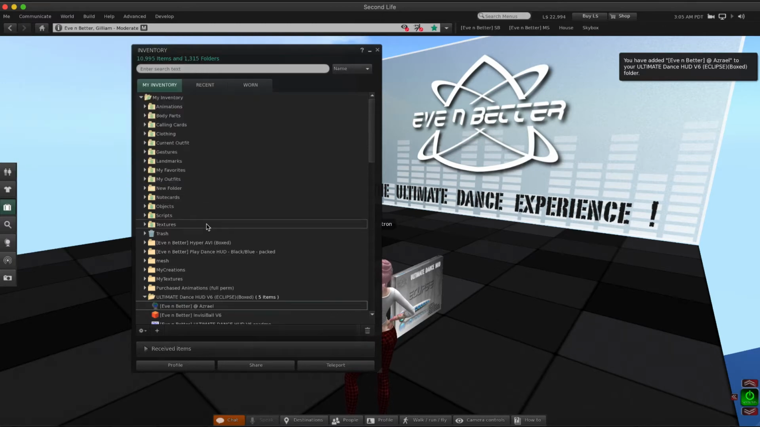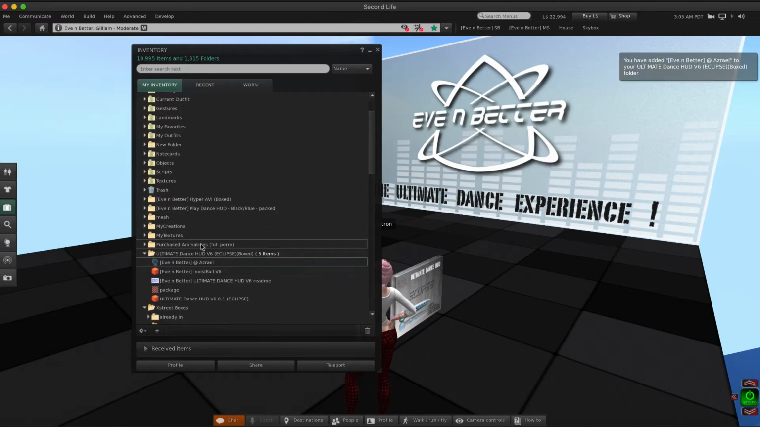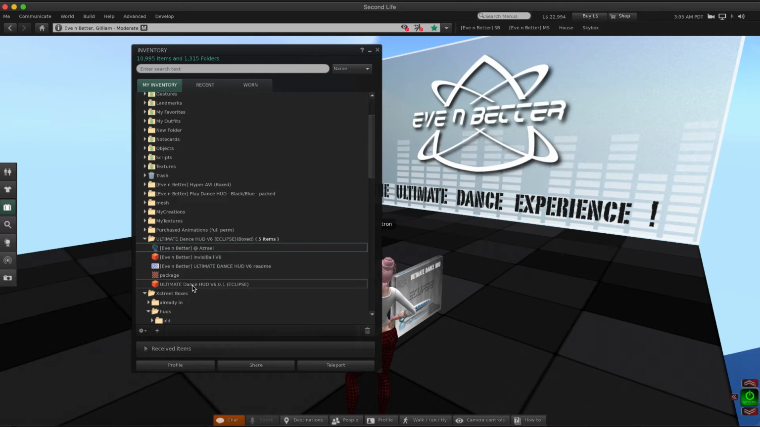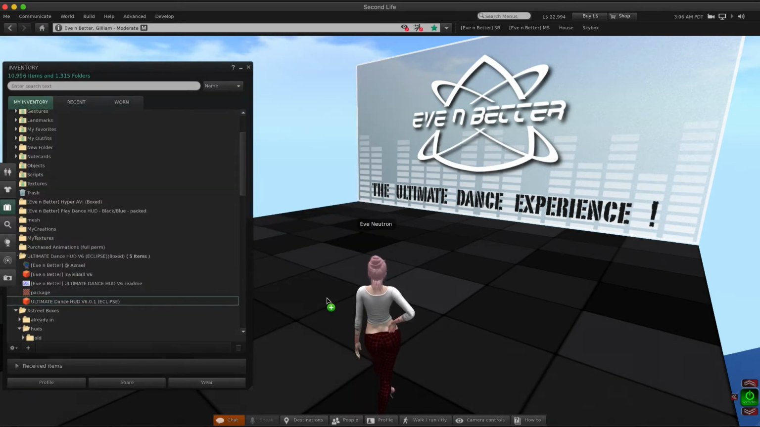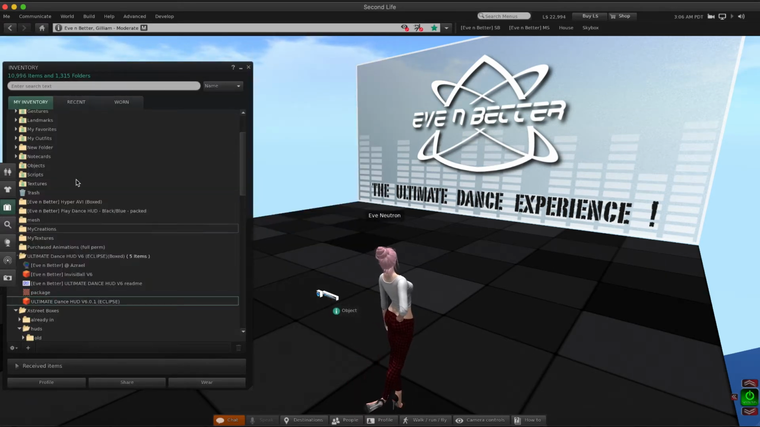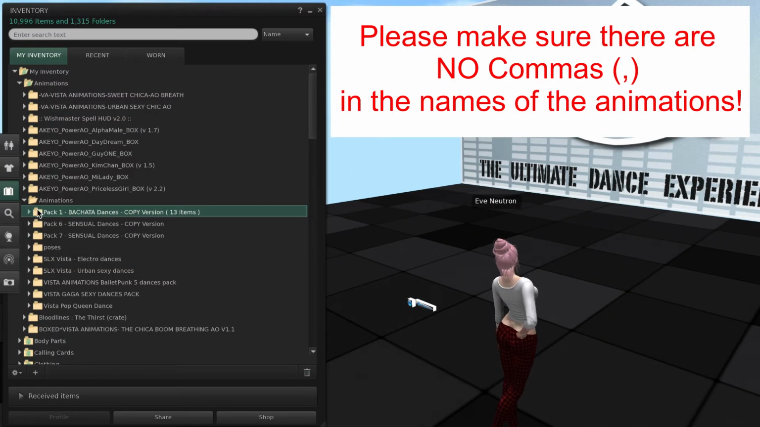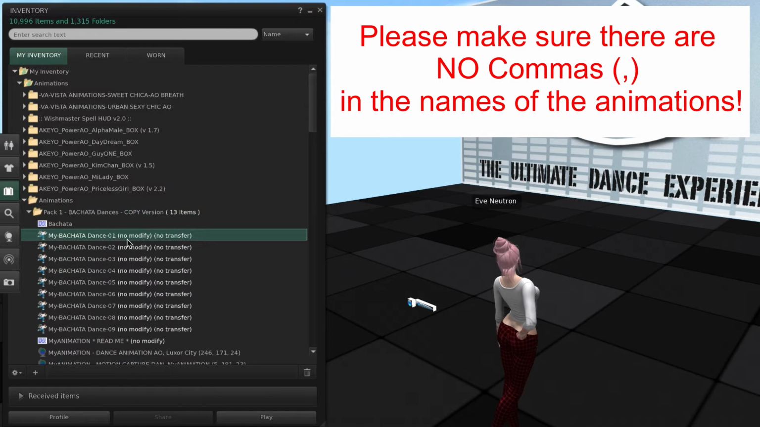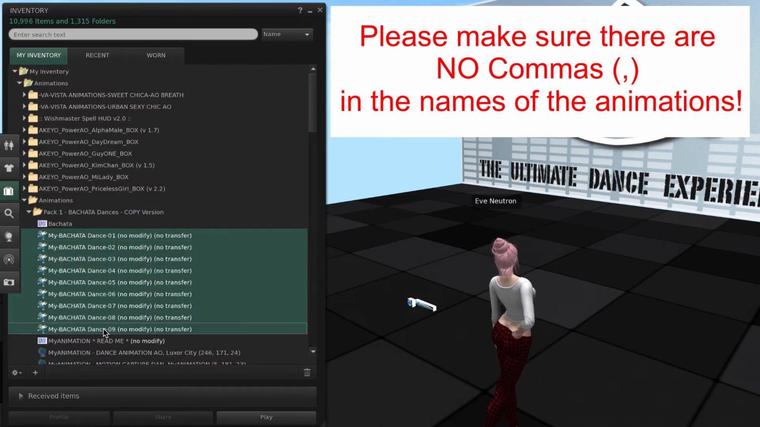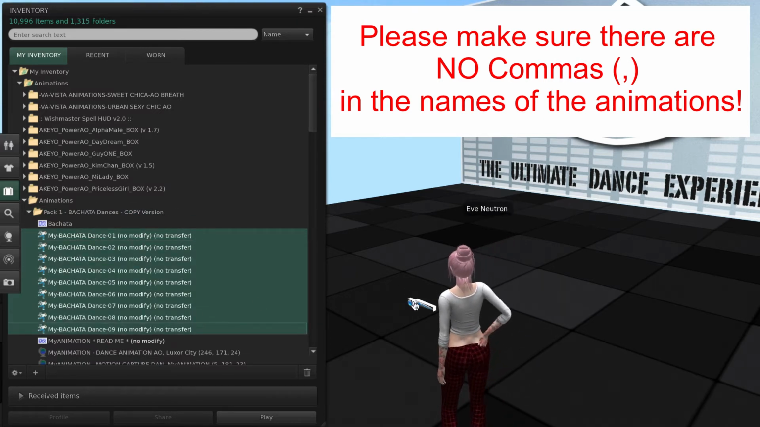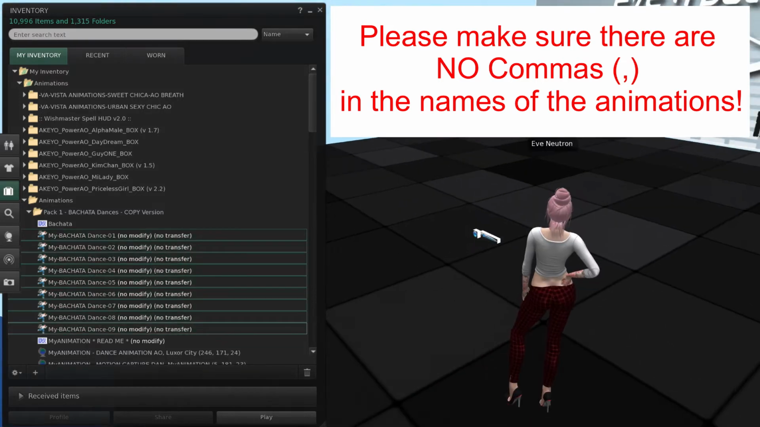all of the rest of the stuff that comes with it. Now we will take this Dance HUD and we will put it on the floor. Now we will locate the animations in our inventory. Once we locate them, we can select them using Shift, select all of them, right click on the Dance HUD,